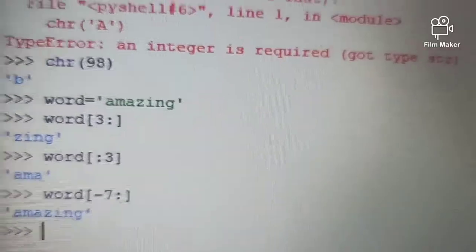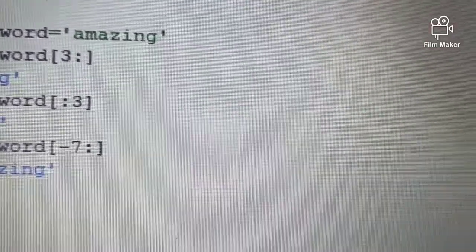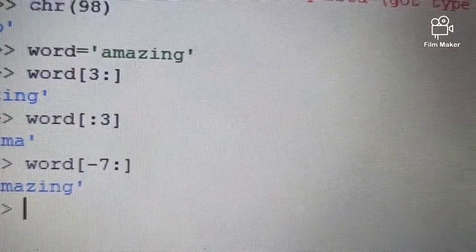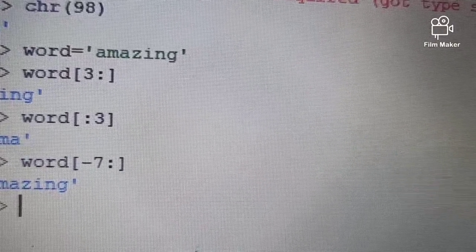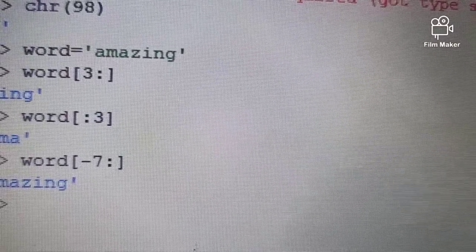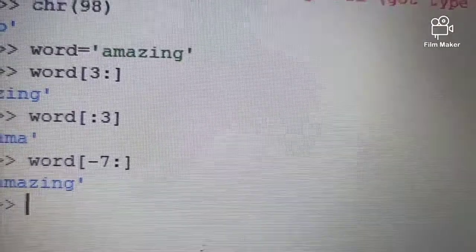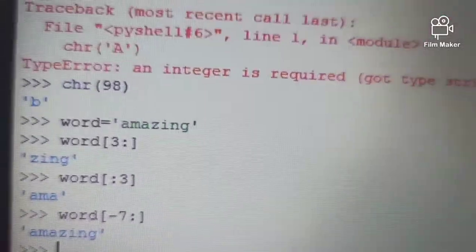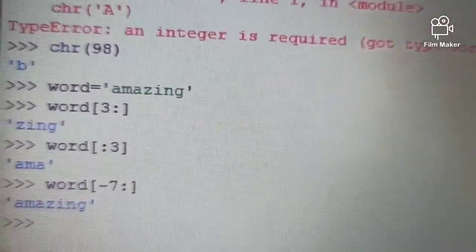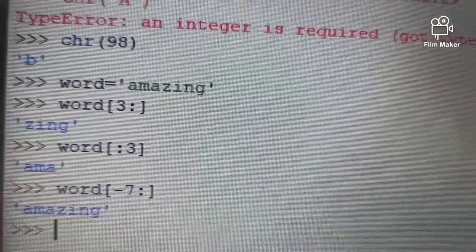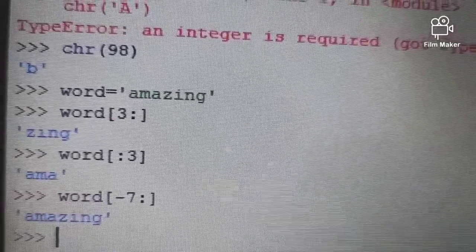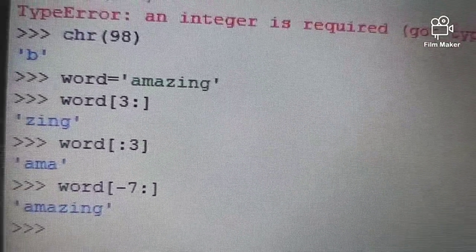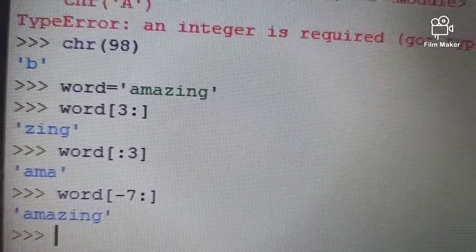So you can automatically recognize that minus 1 is G, then minus 2, then minus 3, then minus 4, then minus 5, then minus 6, then minus 7. Means your string starts from A and then goes till the last. So the output we are getting is amazing, the complete word. Clear? So I hope this has been clear to you.